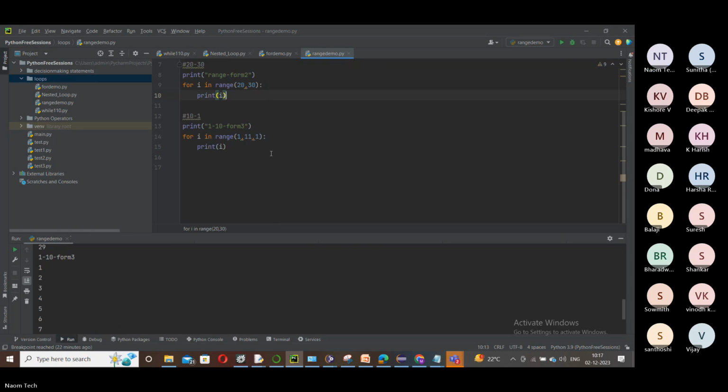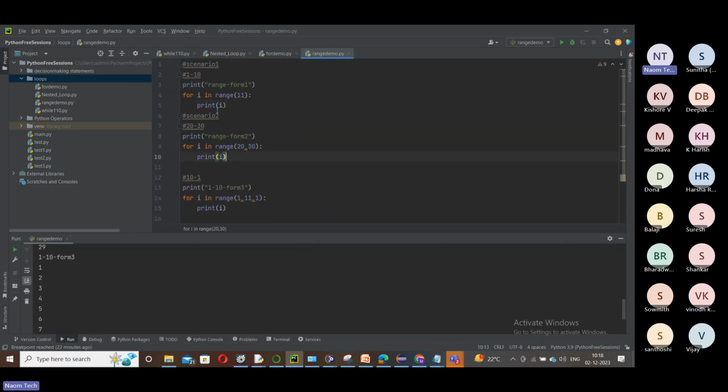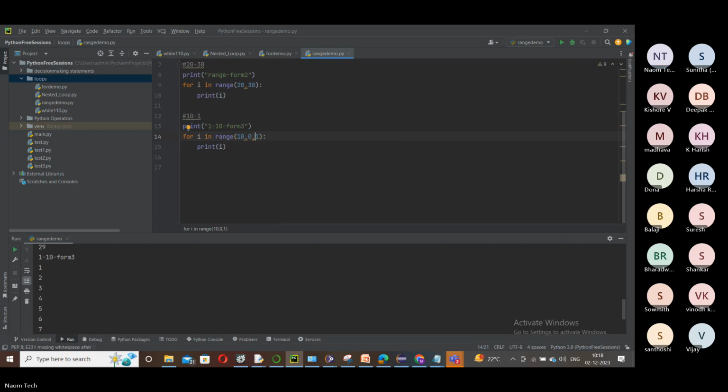And again, immediately all of you are very curious, right? You want to reverse this and print 10 to 1. Then the first two forms are not useful for us; they won't work. Then apply this. Here give 10 and then give 0 here. If you want till 1, then what should I put here? Should I put 1 here?